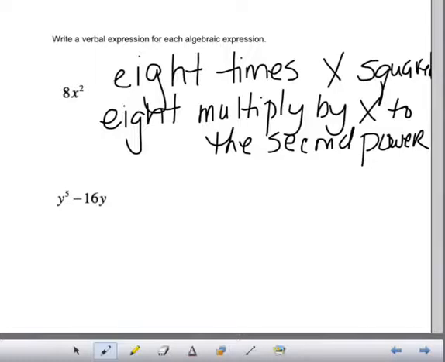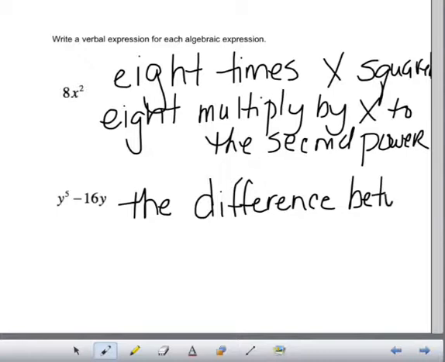All right, what about this one? You know, these subtraction ones you have to be a little bit more careful with because order really makes a difference, right? With that multiplication one, I could have said x to the second power times 8 because multiplication is commutative. I can switch the order around on those. But can I do that with subtraction? No, you can't do that with subtraction. So this one I would have to say something like maybe the difference, because what's the answer to a subtraction problem called? The difference. I can say the difference